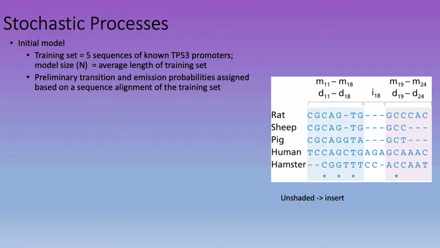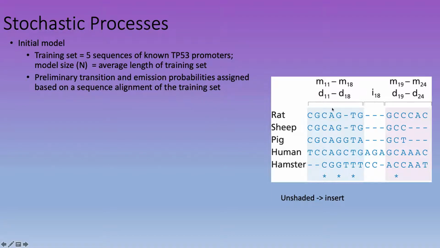In this case, we'll have possible matches for points 11 through 18. We'll have possible deletions from 11 to 18. We'll have a possible insert at 18, and then some matches and deletions from 19 to 24. Once we have these, we can go through and calculate the preliminary transition and emission probabilities, which are